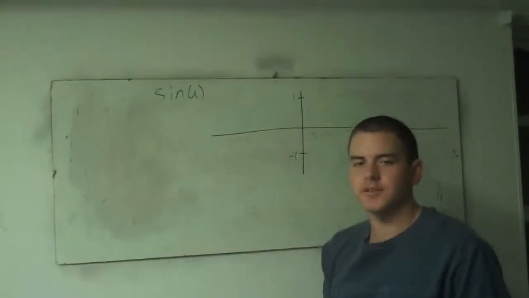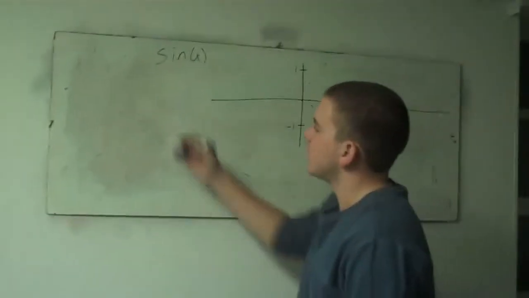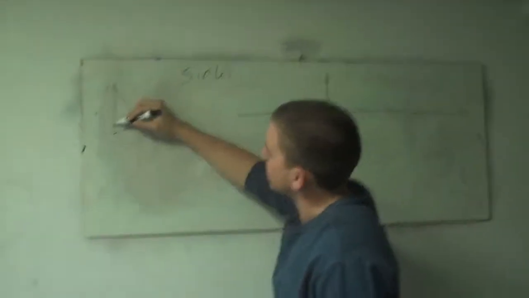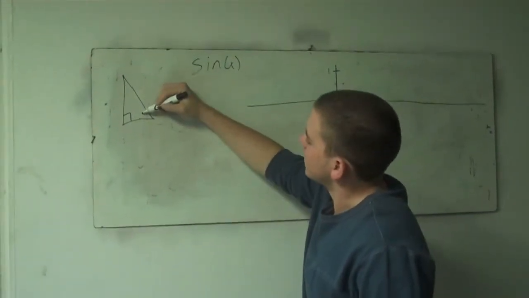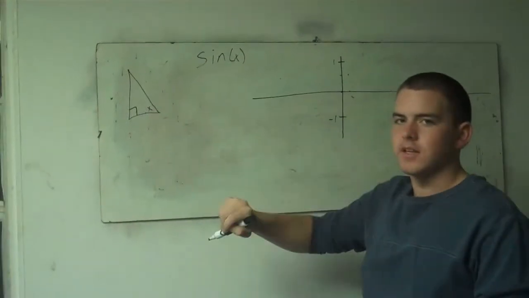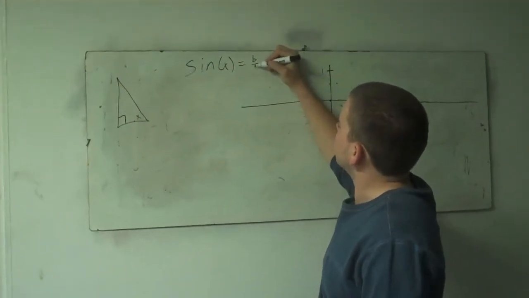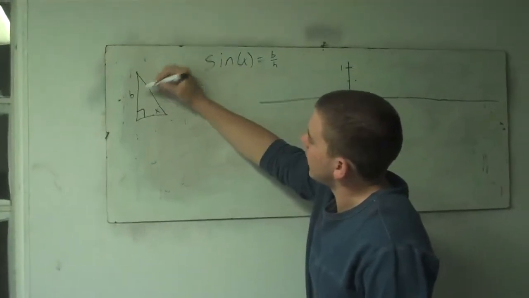Alright class, today we're going to be learning how to graph the sine function. Now, you should know a little bit about sine already. In trigonometry you learned how if you have a right triangle and you have an angle x here, the sine of the angle x is going to be equal to b over h if we have b the opposite side